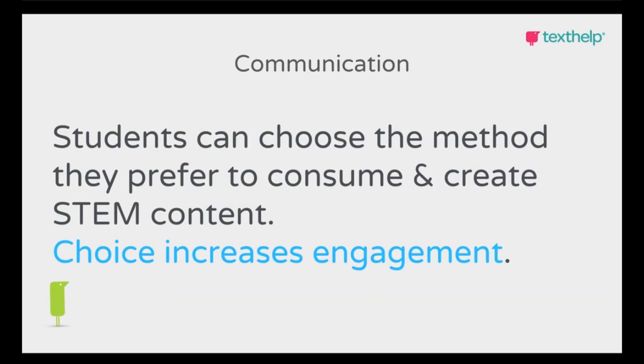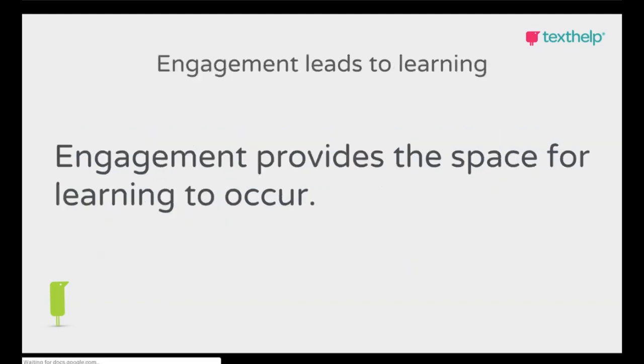And usually they phrase that as, oh, I solved the problem correctly, but the teacher didn't like the way I did it, or I didn't do it the same way the teacher did, and they marked it wrong, or they marked it incorrect. And so I think that is something that we just really need to help shift and change, in that we can validate multiple methods of communication. And really, if you change and give them that option for how they choose to communicate, that's really going to get them engaged. And once students get engaged, then that provides the space for learning to occur.